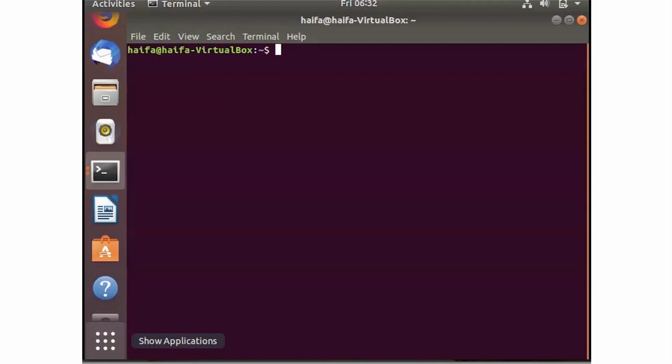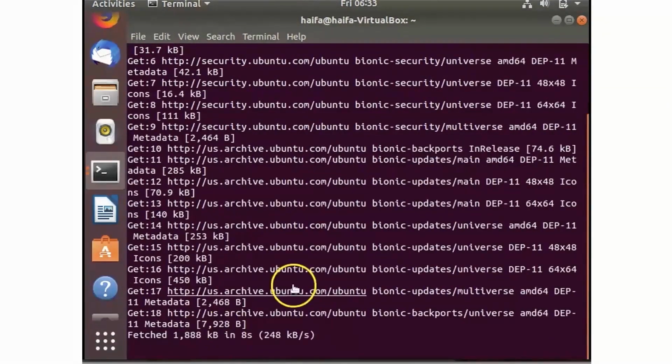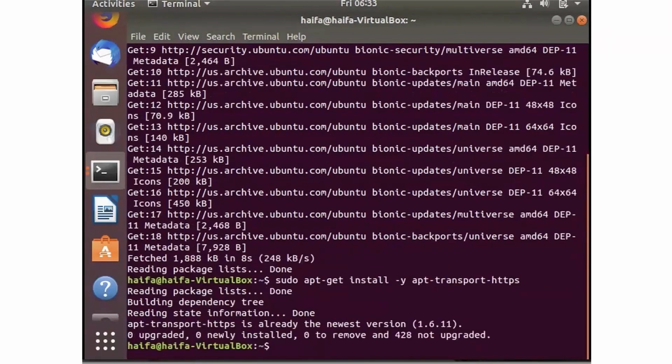So to check if there's any updates, we're going to use the command sudo apt-get update. We're going to enter in our password. And this looks like it's going to take a few minutes because we've got a few updates that need to be run. All right, we're done. All right, next we're going to write sudo apt-get install -y apt-transport-https. And this will install all of the dependencies we need to actually start installing the solutions needed for Kubernetes. All right, that was quick.